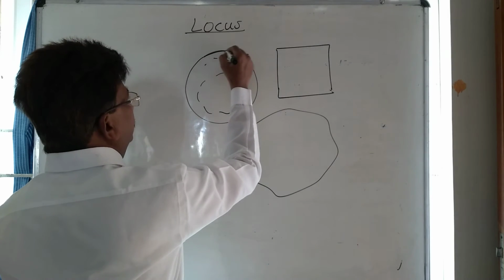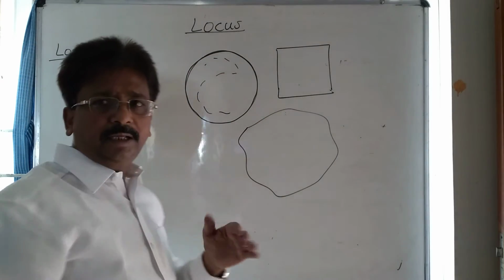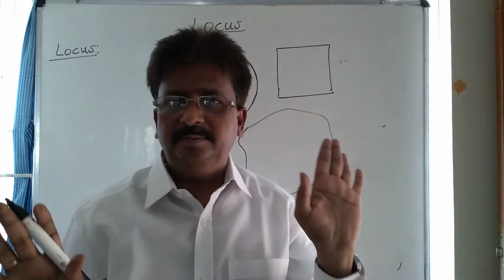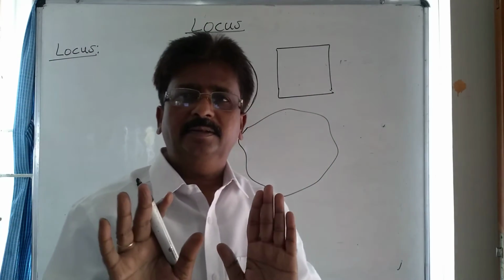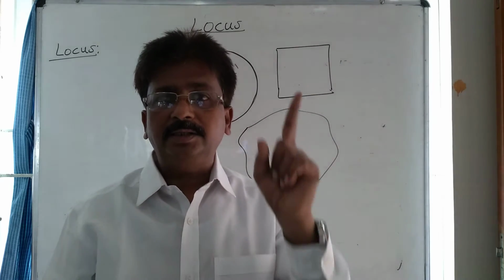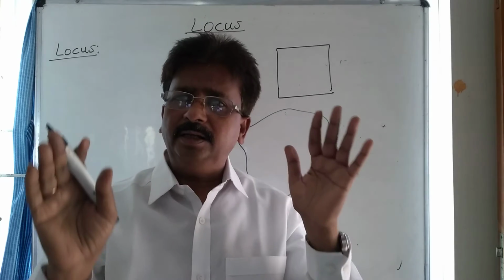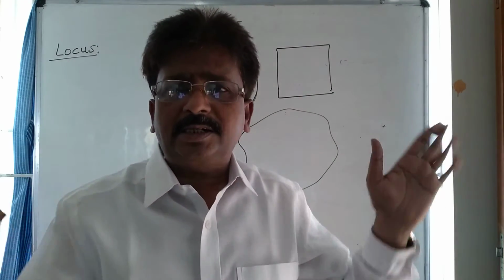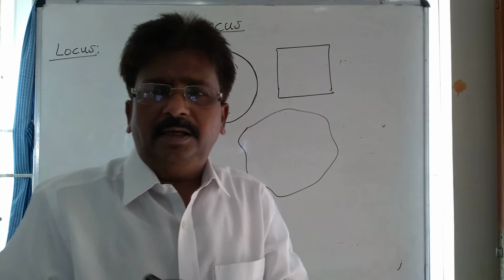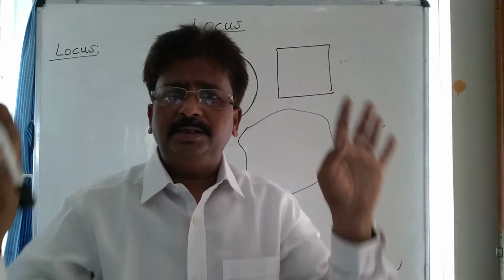Now this is the line, the circle outline. The circle outline is a line, and inside is the inner region of the circle. So in coordinate geometry, every line and every region is a set of points, a collection of points with high density. A region means crores of points are there in a region.